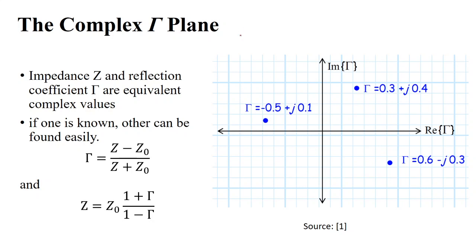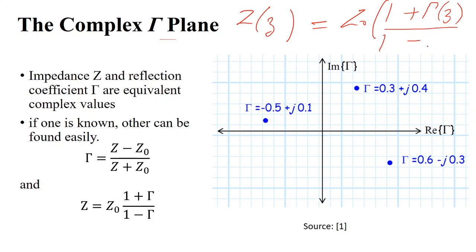We know that the reflection coefficient and the line impedance are related in the transmission line. So the line impedance Z is given by Z naught times (1 plus gamma z) over (1 minus gamma z). Here gamma z is the reflection coefficient and Z is the line impedance at the given point on the transmission line. So you have a transmission line connected with some load here, so due to this there will be a reflection.